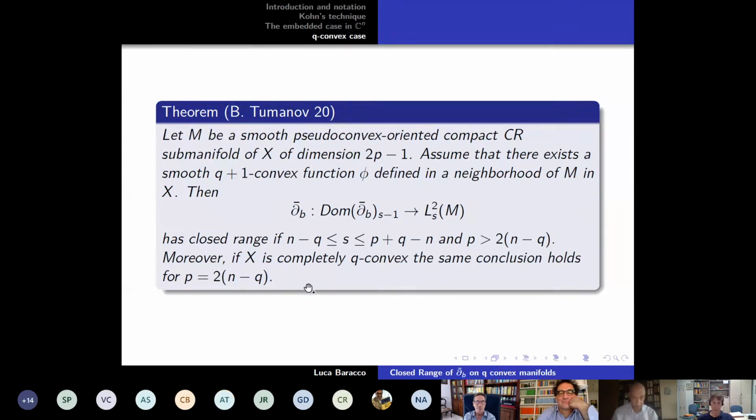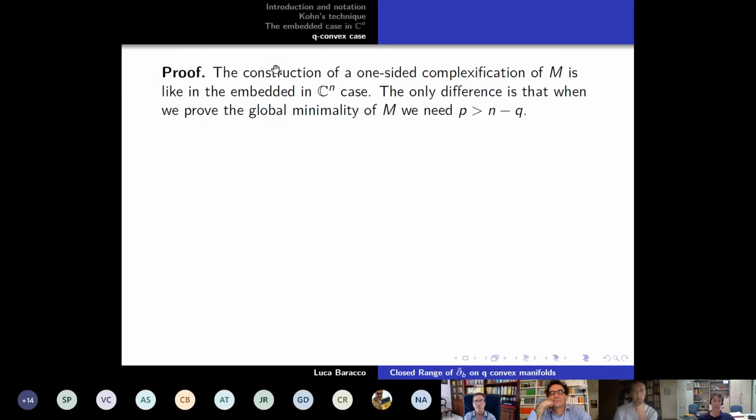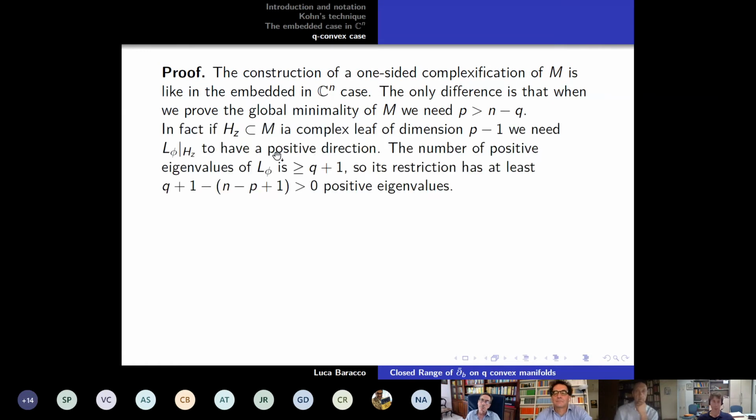Okay, so we want to follow the technique of Kohn. So first we want to construct a complex manifold whose boundary contains M. The construction of the collar, like in the Cn case, can be done also in this case. The only difference is that when we prove the global minimality of M, we need p larger than n minus q. So in fact, if Hz is a complex leaf of dimension p-1,